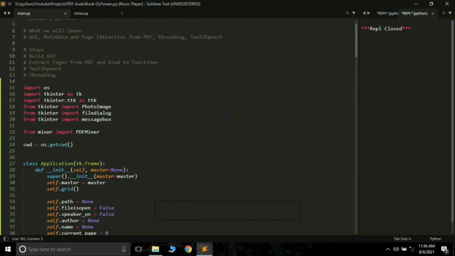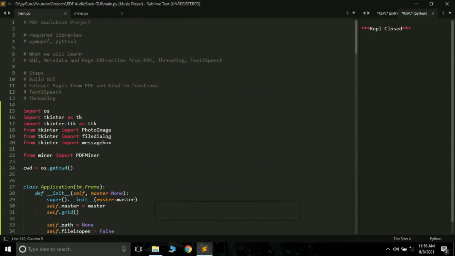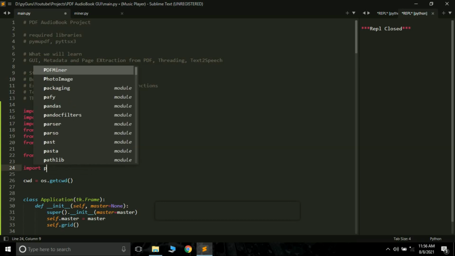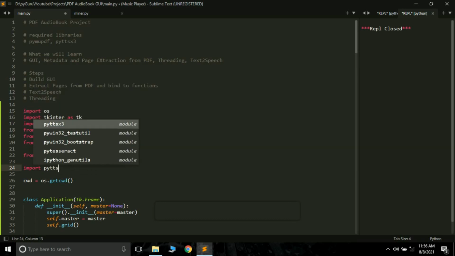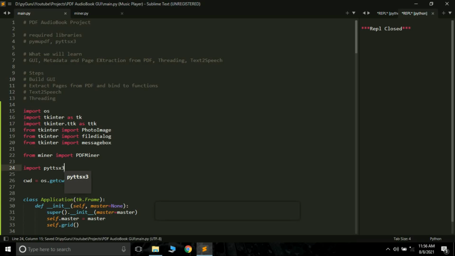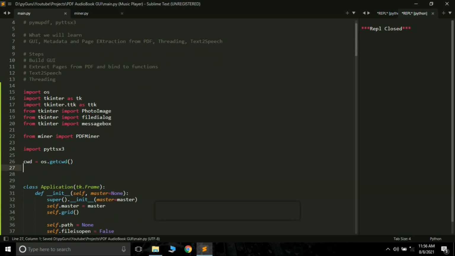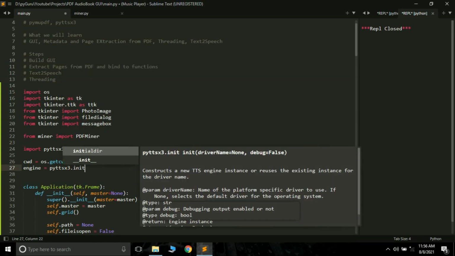For that we have to import another module, that is pyttsx3. We have to install it. You can install it by the simple command pip install pyttsx3. So after installing it, you have to import it like this: import pyttsx3. Okay, yes, it's currently available, I guess. So import pyttsx3. Now we have to set a few things here. So engine, first we have to create an engine so that we are able to speak: pyttsx3.init. We have to call it like this.